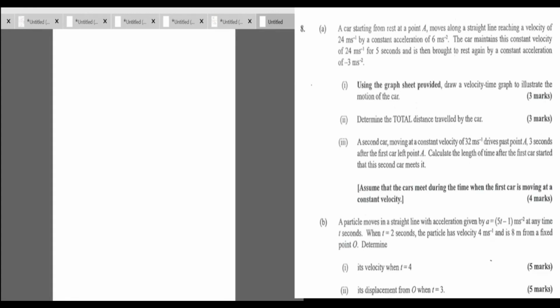Question 8 says a car starting from rest at A moves along a straight line, reaching a velocity of 24 meters per second, and it has a constant acceleration of 6 meters per second squared. The car maintains this constant speed for 5 seconds, and then it is brought to rest again. It says using the graph sheet provided, draw a velocity time graph to